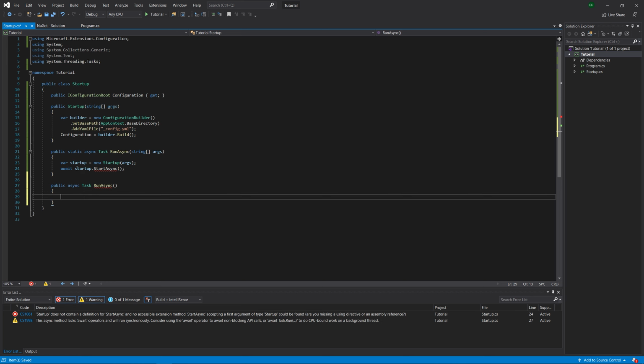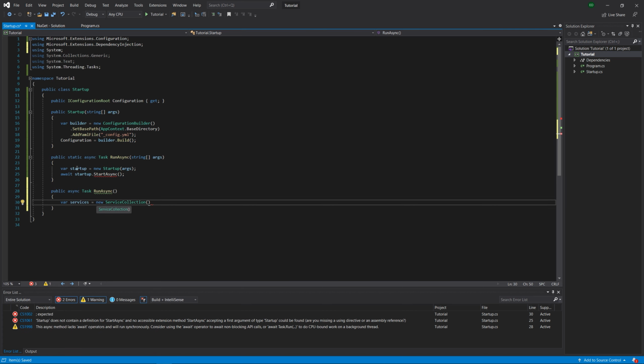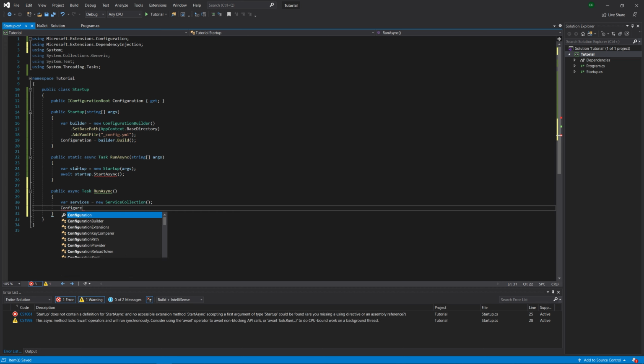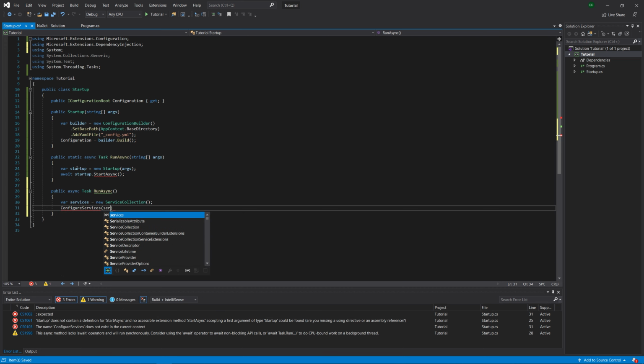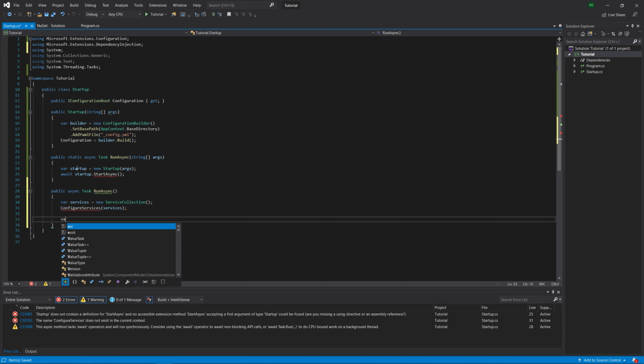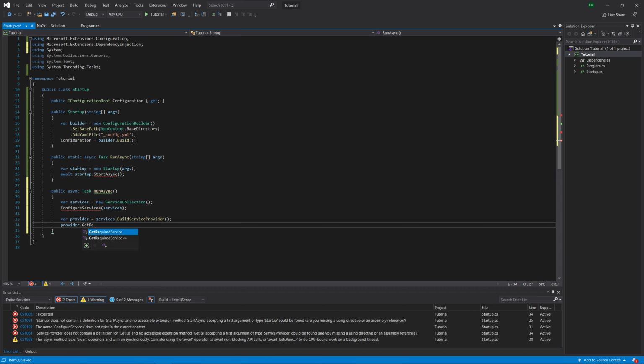We use curly brackets and we say var services equals new ServiceCollection, and then we use two brackets. Now we say ConfigureServices, which is a function we will make, and then services and a semicolon. Now we say var provider equals services.BuildServiceProvider, and then provider.GetRequiredService, and now we're going to use the pointy brackets and then say CommandHandler, and we use